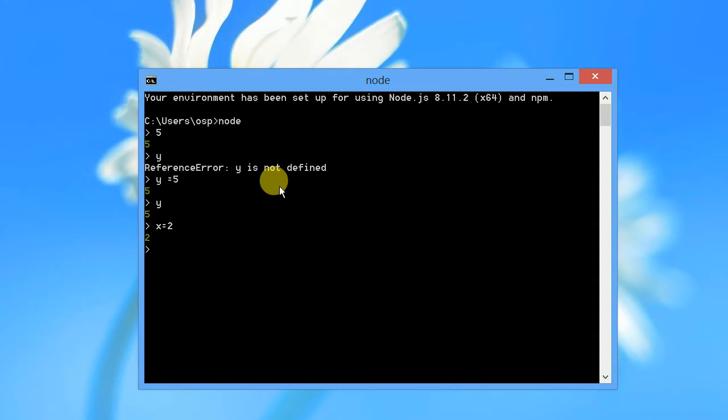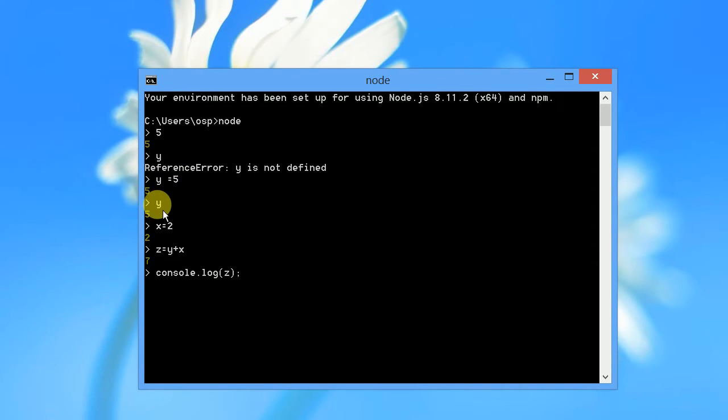And if I say z is equal to y plus x, it will give me 7. Now I can simply tell the program to console.log, where I would like it in this case to give me z, which I have defined. Now here in this simple program I'm trying to do, if you just type 5, it will give you 5. And if you define a variable y equal to 5, it will give you 5,